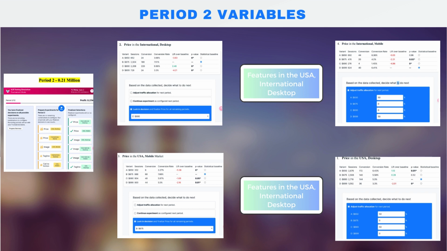We keep our eyes on the data collected, so we make some adjustments on the price in international and the USA international mobile side and the USA desktop side, and we lock our decision for the price in the international desktop as